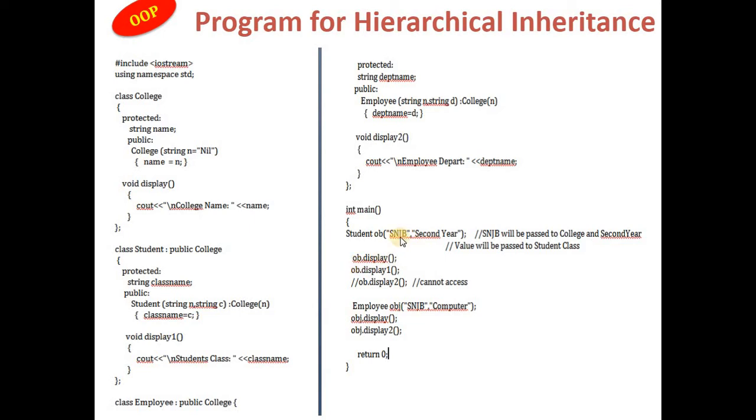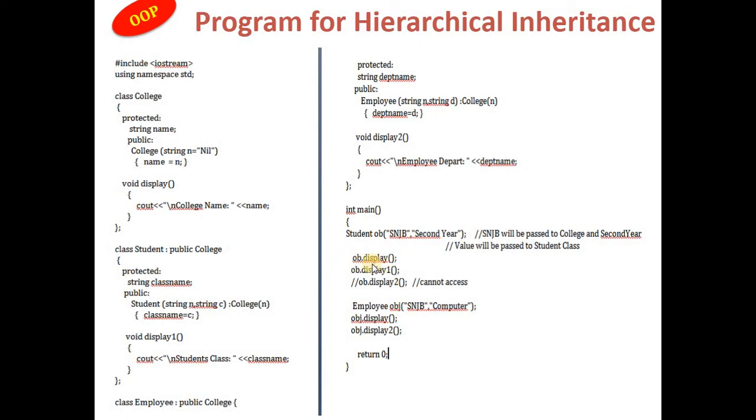So I am writing SNJB, which will pass to n, and second year will be passed to c. Then n will automatically be passed to its constructor, college, and the name of the college will be SNJB. Accordingly, when we write ob.display and ob.display1, we can see that ob.display, while displaying the value, will display the college name is SNJB. And then ob.display1, same object using object of student class, we are accessing the display function